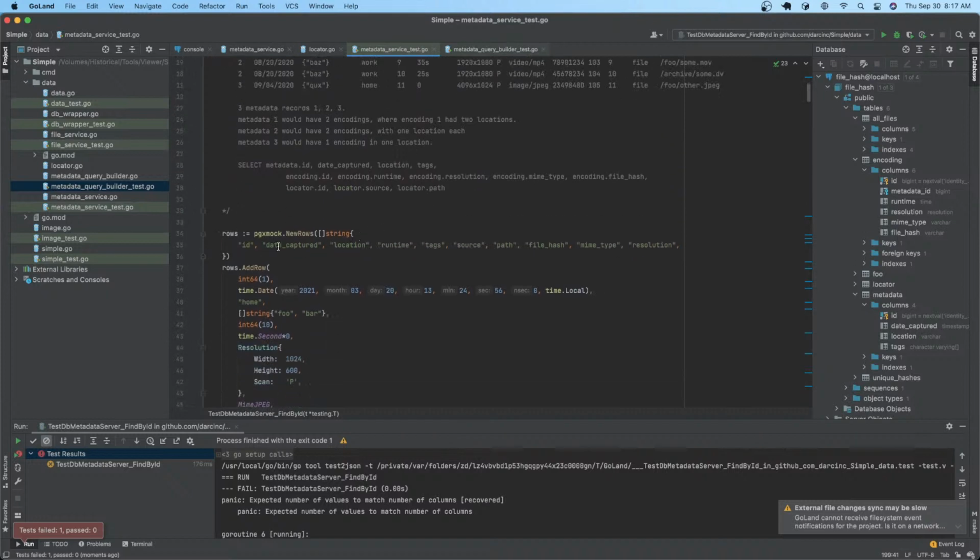So it would be ID, date captured, location, tags, encoding, runtime, resolution,